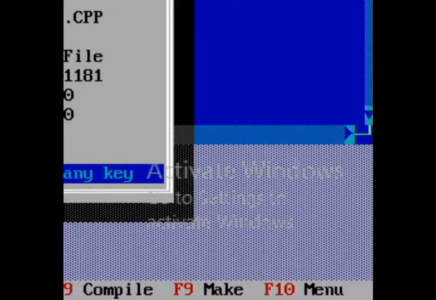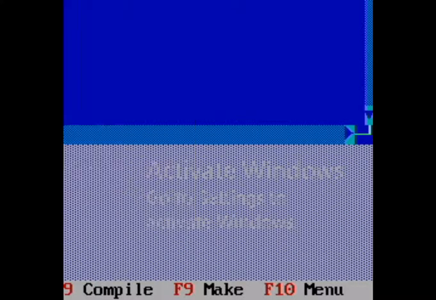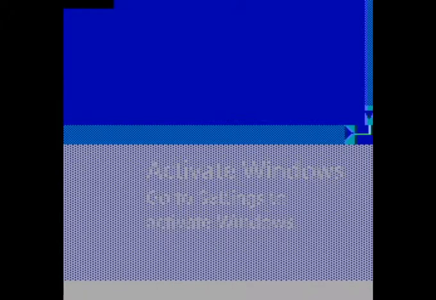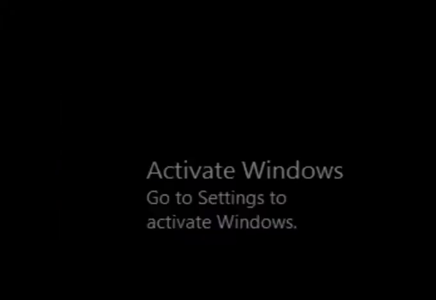Now the program is successful, there is no error because the errors count is 0, and the status of the program is success. Now run the program to check the output. When we click on run, it shows on the output screen "enter two numbers", because we have written that statement by using cout. I have entered two numbers, 2 space 6. Always give a space between two numbers, otherwise sometimes it will consider them as one number.